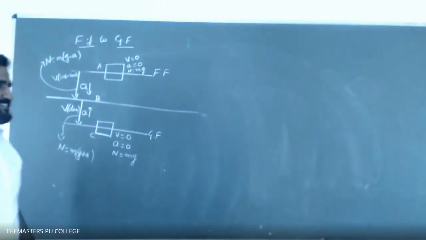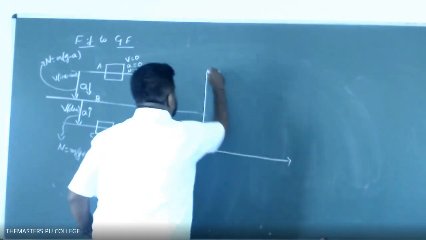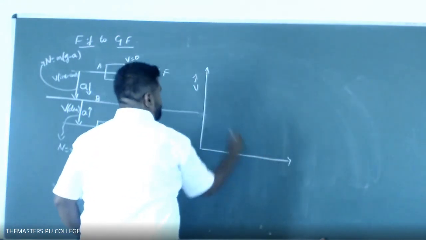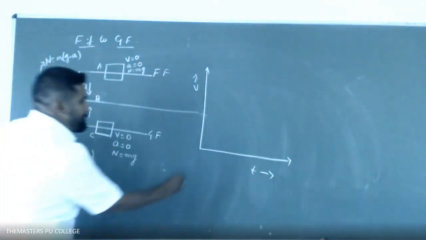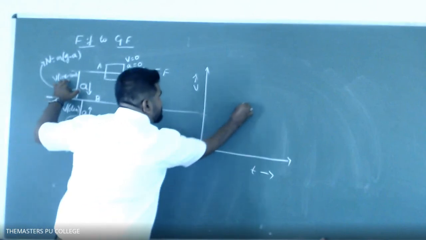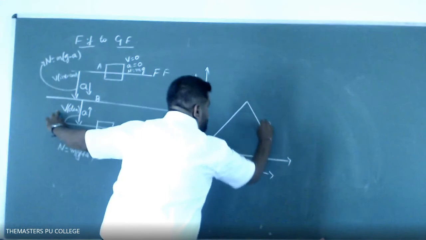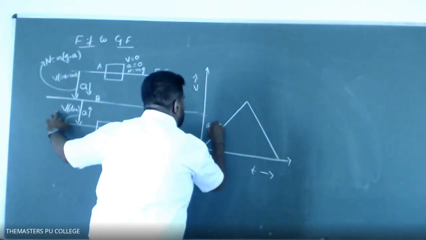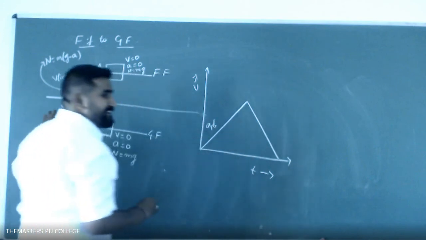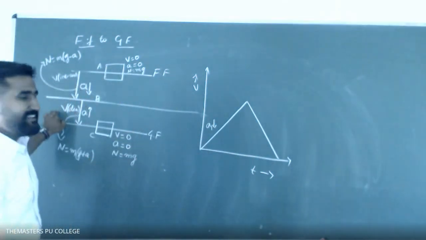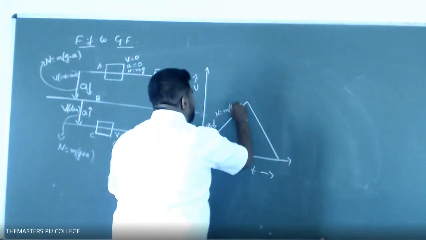The concept of that graph is the same. Observe my graph. The graph is the same. What happens initially? Velocity increases. What happens after that? Velocity decreases. The graph is the same. Here I'll get A1, but A1 is downward. Then N is equal to m of g minus a.